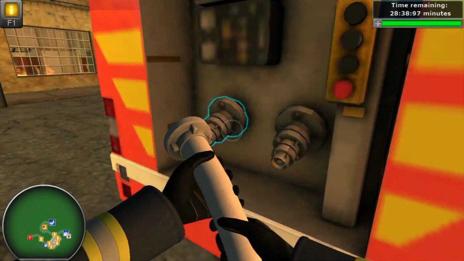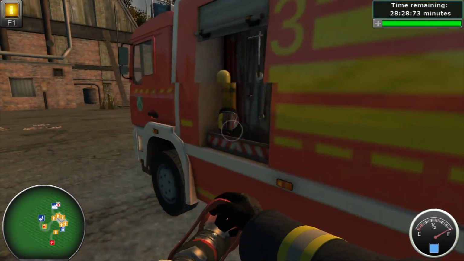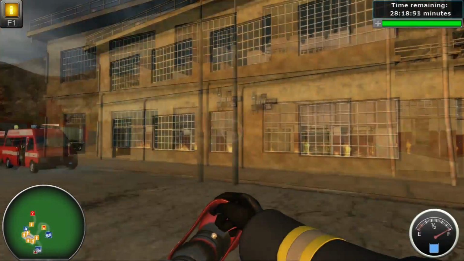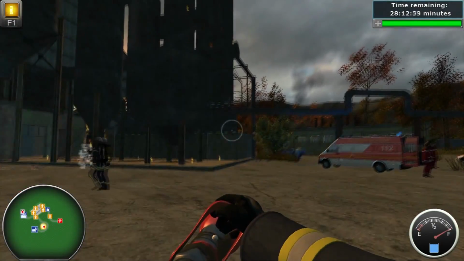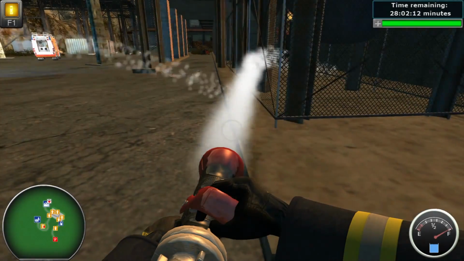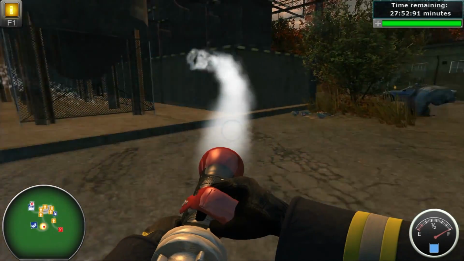So we're gonna hook up the hoses. We're gonna take an axe, that's important, and we're gonna take a BA, but we're not gonna put the BA on. That's important too. We switch back to our hose, and then we start one by one taking care of those fires. And you might wonder, why in the world do the fires succumb so quickly to my hose? Well, the reason for that is pretty easy, and you might have noticed that the quality this time is not the greatest,